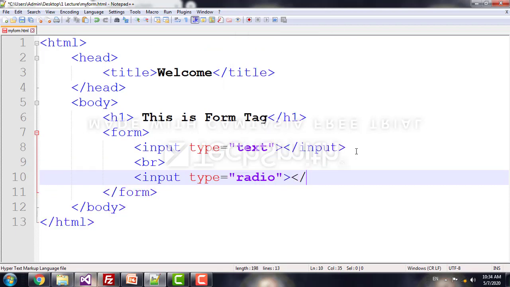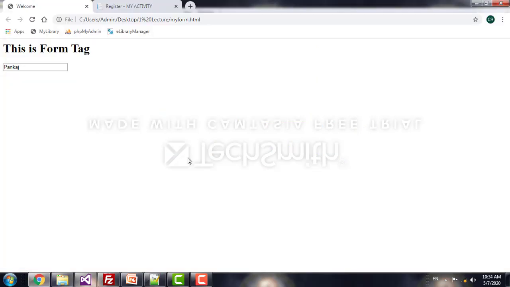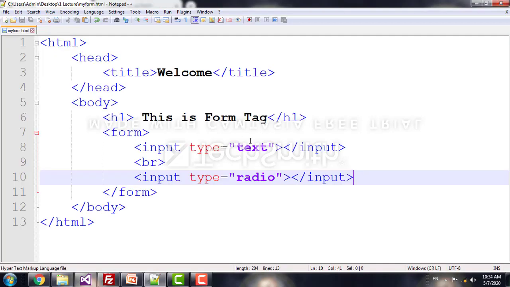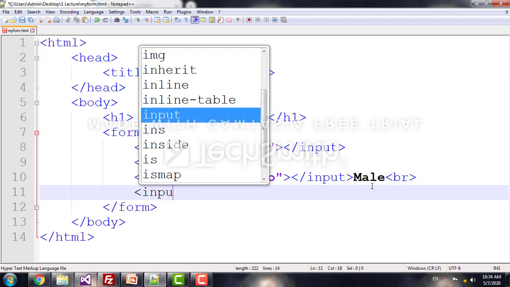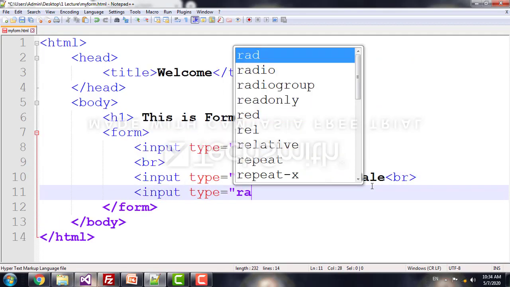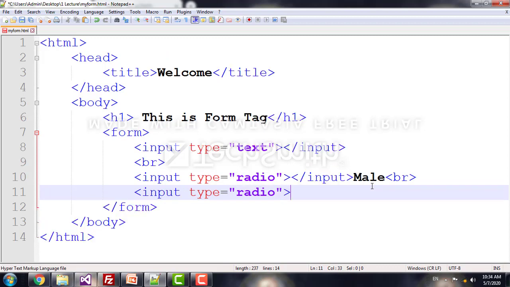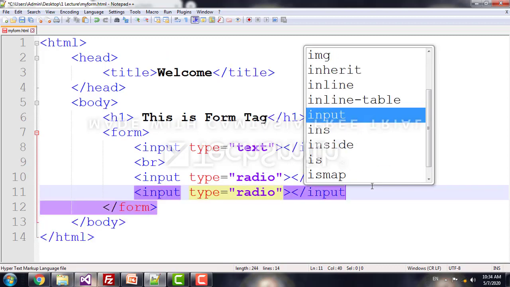Okay, you can see here a radio button. So for that radio button, I can use the text name, slash br. Another input type is equal to radio, slash input, and this is female. Okay, and I will check this one, male or female.